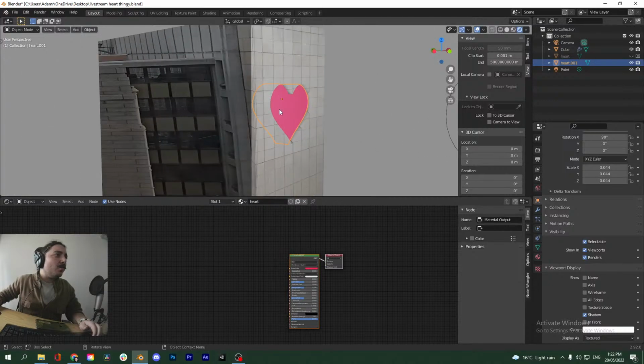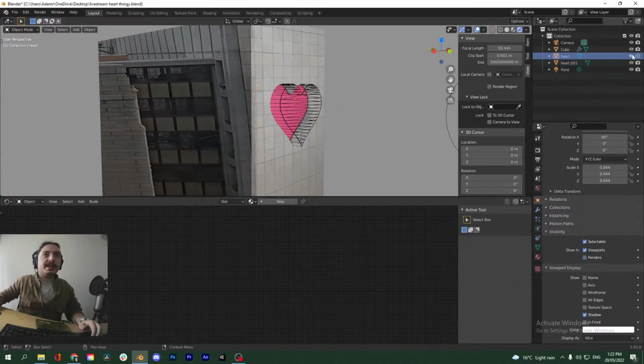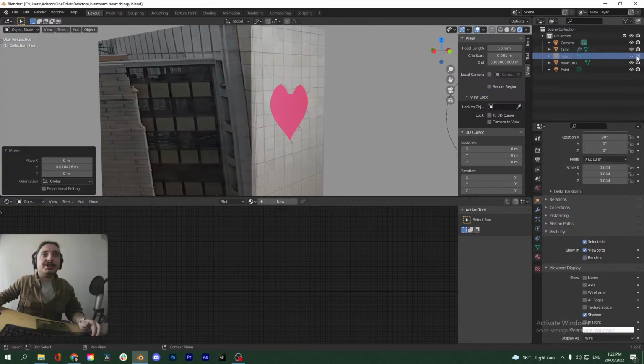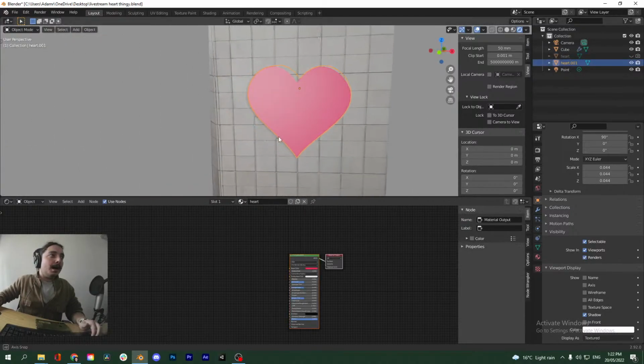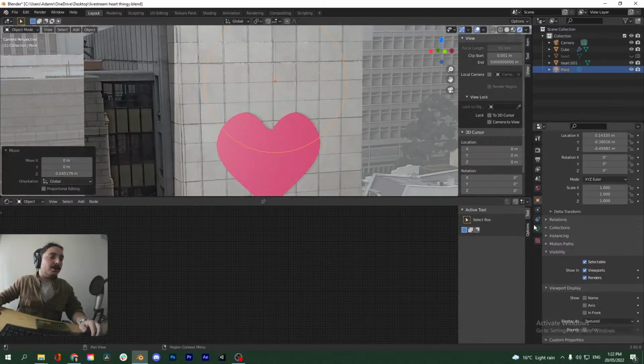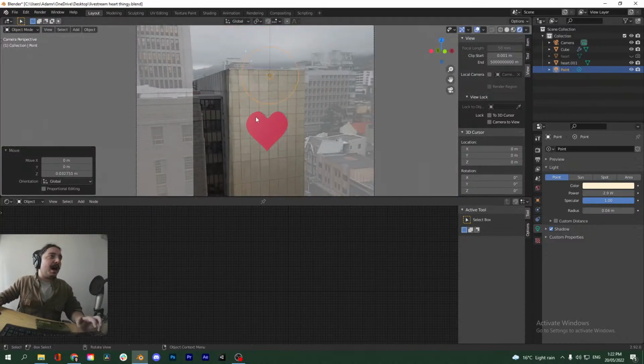Say now you want to make this extrusion deeper, because for example, if I move this back, it kind of clips into the geometry. So what you can do is just take the original Boolean object, and this is very modular, so you can literally just move this back, and that makes the indentation deeper into the building. So now, if you look from the perspective of the camera and move this heart object back, you have more space to move it. You can rearrange this light a little bit, and change the colors of it. I mean, you can be as artistic as you want, but basically the idea is now you get the shadowing effect.